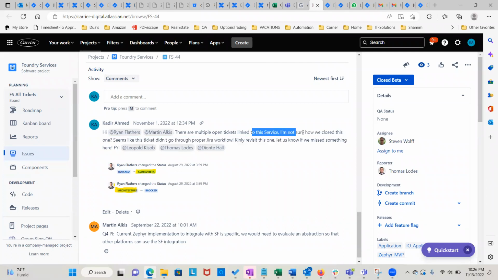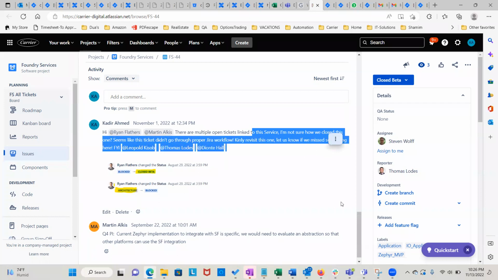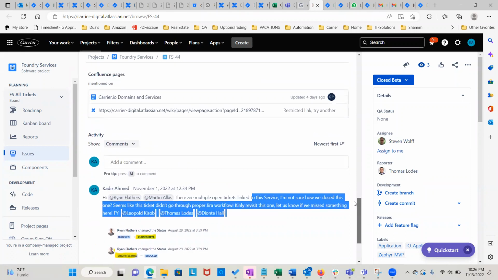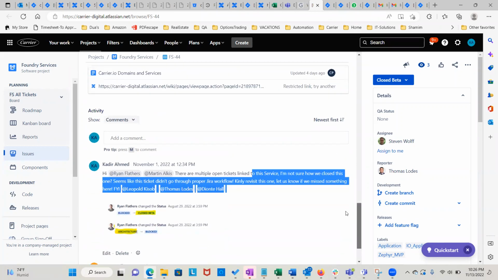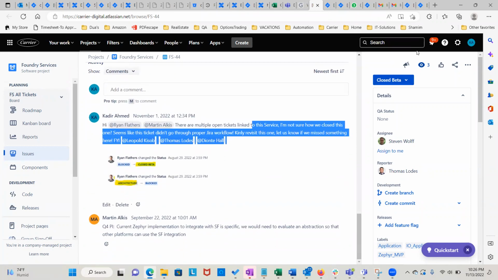I'm not sure how we close this one. Seems like the ticket did not go through proper workflow. Kindly revisit this one. Let me know if I'm missing something here. So all I'm saying is, if you're changing a status, provide a comment so we know why you changed the status. Here you just randomly changed the status.